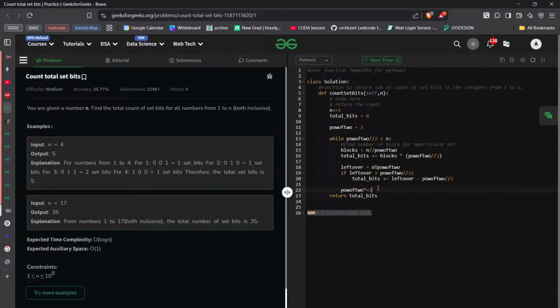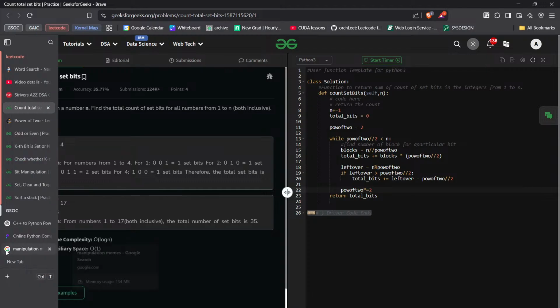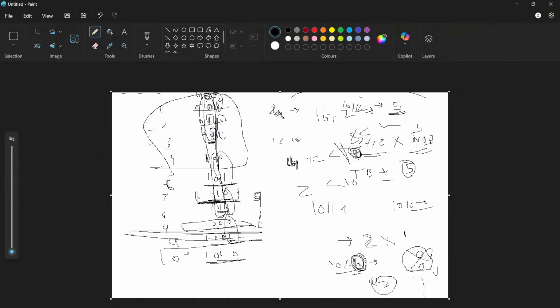Let's look at the number when n is equal to 9. So n is equal to 9, this is the number, right? And power of 2 is 16, so 16 divided by 2 is 8. So what happens here is,